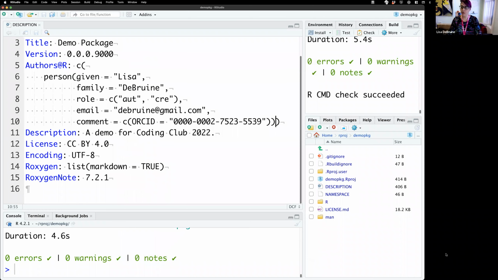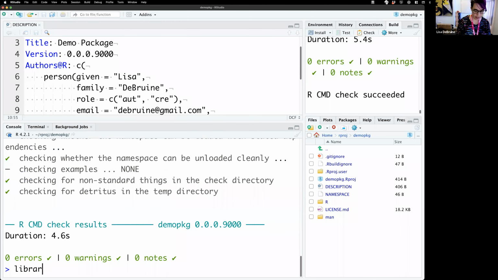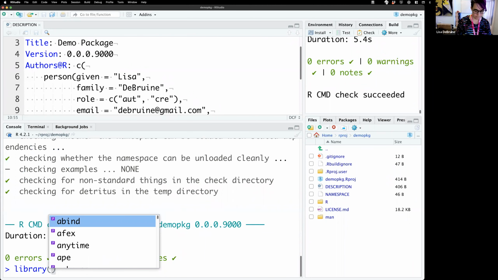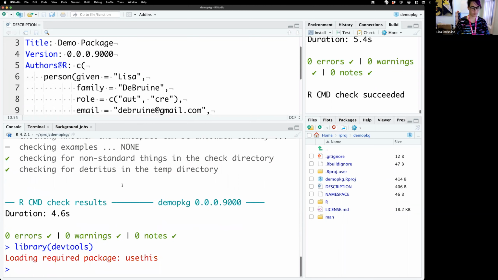Okay, Leanne, if you can't find the tools necessary to compile a package, first double check, try library devtools. If you get "loading required package" or anything other than an error message, then you have devtools. If not, you need to install devtools. If you've installed devtools and there's a problem, let me just grab really quickly